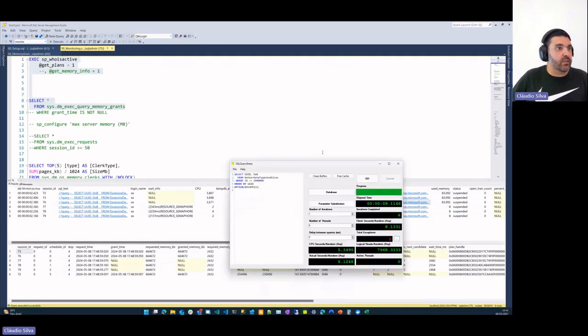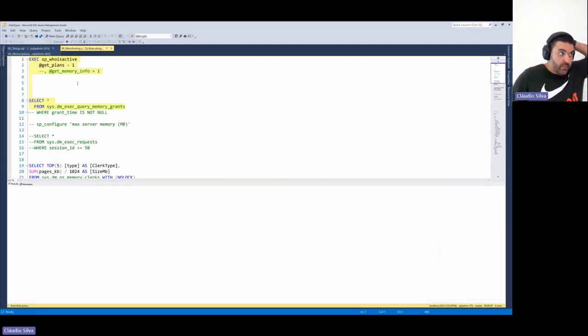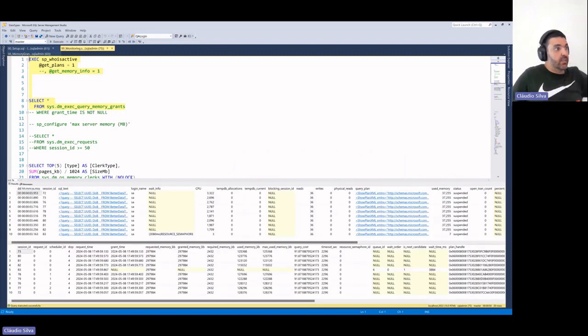And if we check here, this is our comparison, and now I will run like 10 threads. If I come here and get what is running, you can see that out of 10, only 1 is waiting for the memory grant to be able to run, meaning that after all, I can have like 3 times more of the same query running in parallel on the same system. Does it make sense? Can I have some thumbs up? Thank you.